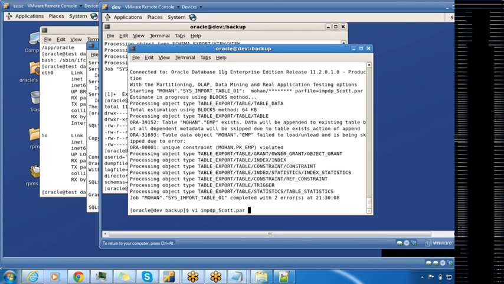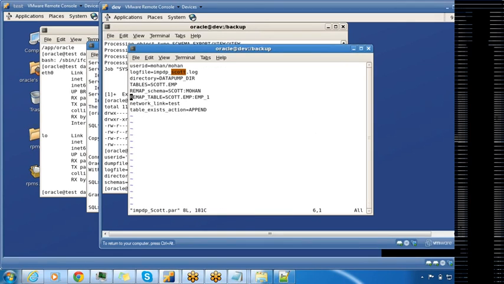It's not performing the remap. Table, include, actually it is not taking tables. include equal to